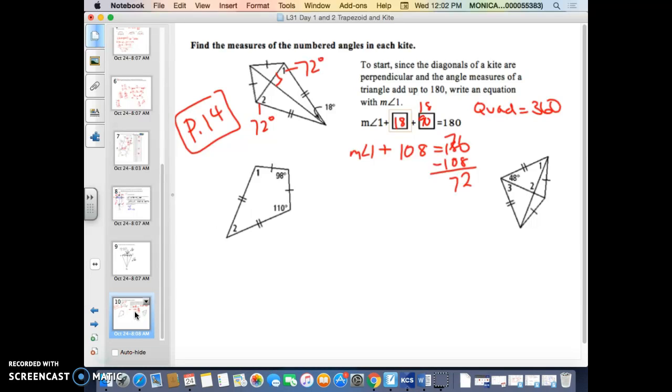So once again, I know that this is 110, so I know that this one's going to be 110. So then I can do 110 plus 110 plus 98 plus the measure of angle 2 equals 360. So blank plus blank plus blank plus blank equals 360. So from there,